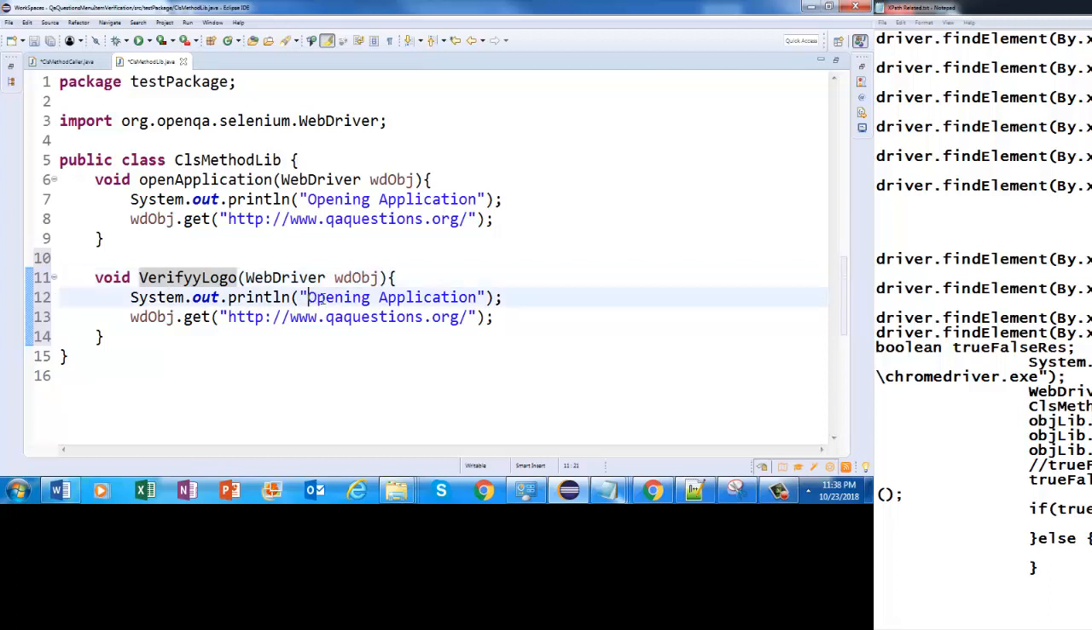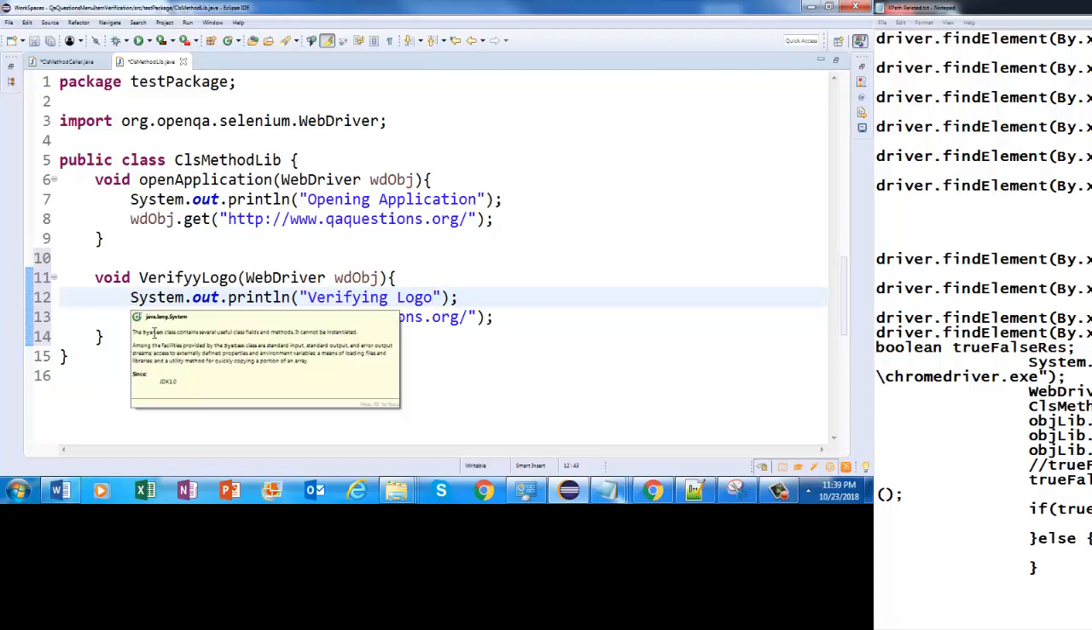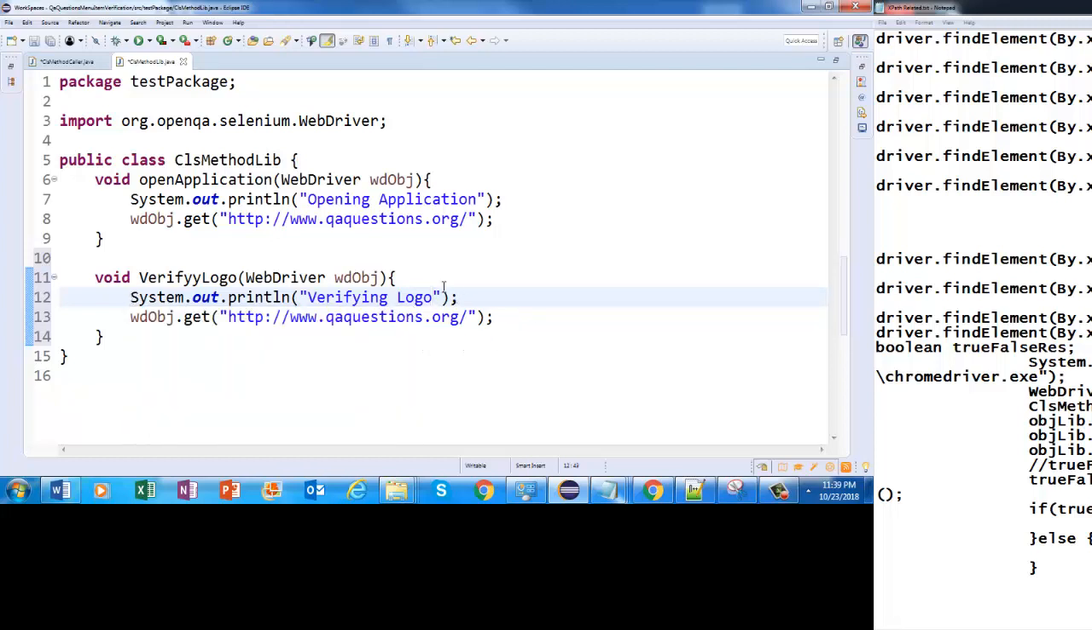Now I'm going to say, verifying logo. Let me show you how I'm going to verify the logo. It is a very good understanding part, how I am going to verify the logo. So let's say that I'm going to identify that object by this WebDriver,